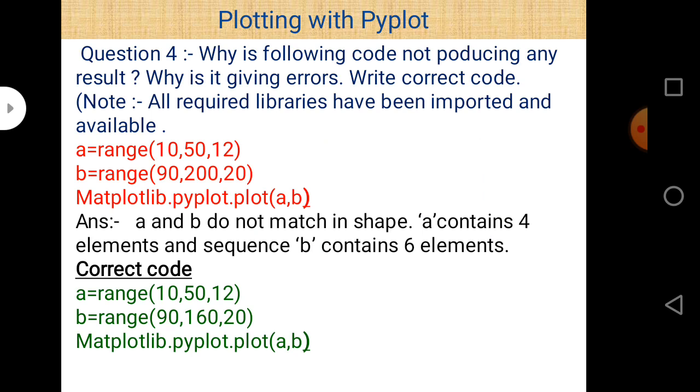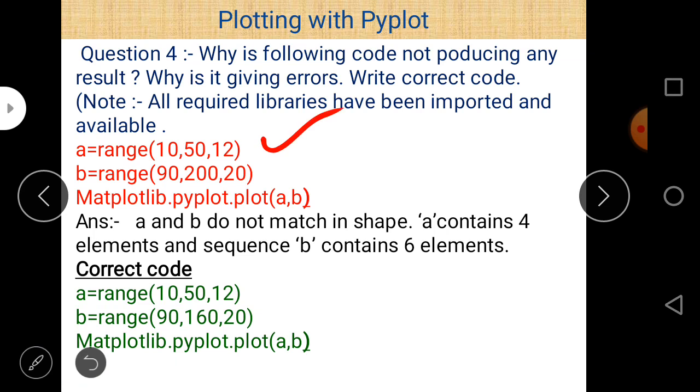First, a is range(10, 50, 12). So range is a function, and it starts from the first value, that is 10 here, and goes up to the second value, it means up to 50. 50 is not included. And the third one is the increment or decrement step value, so the third is 12, so there is an increment of 12.